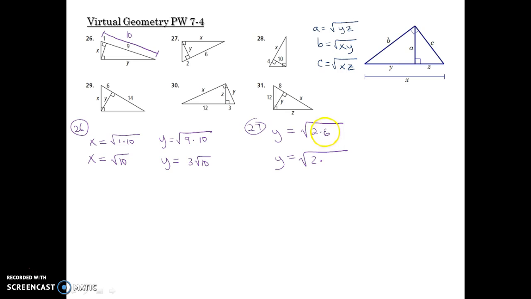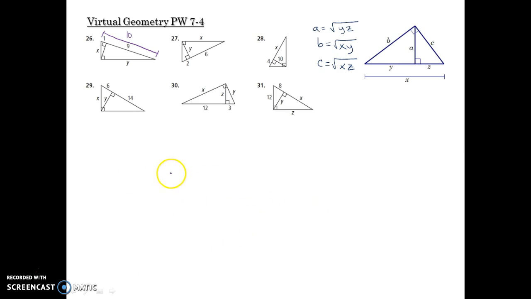2 times, now 6 is 2 times 3. And 2 times 2 is 4, so there's a perfect square. So this is the same as the square root of 4 times 3, which is the same as the square root of 4 times the square root of 3, and the square root of 4 is 2, so y equals 2 times the square root of 3. Okay,